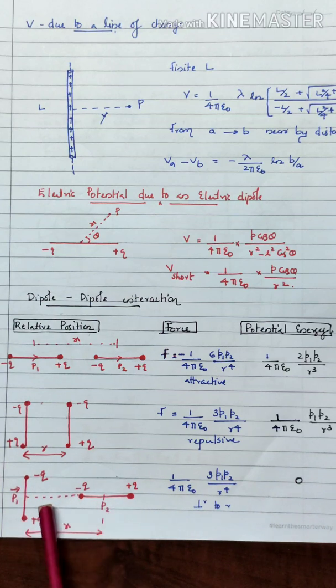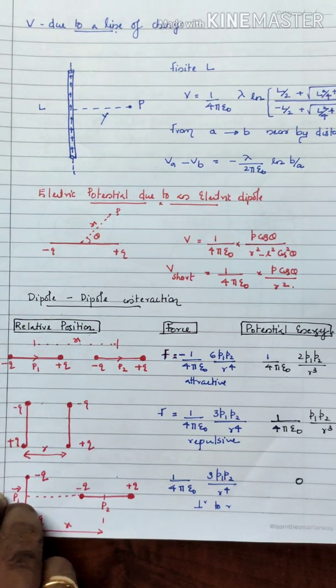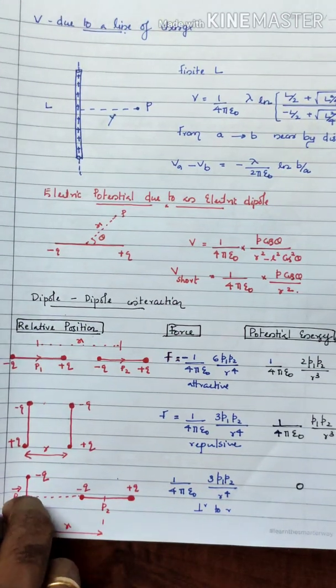But if they are perpendicular to that one, then keep in mind there is a rotatory concept, and they are exerted with the force F equal to 1 by 4 pi epsilon 0 3 P1 P2 by R raised to 4, and keep in mind they are perpendicular to that R, that is the direction of force, and the potential energy is 0. Then we can move to